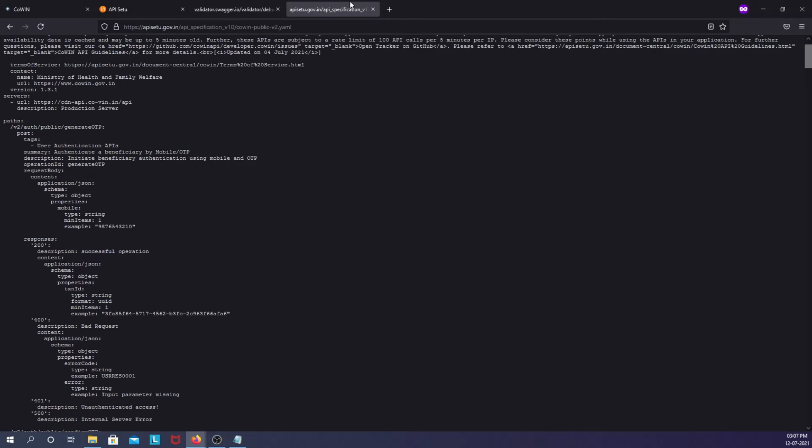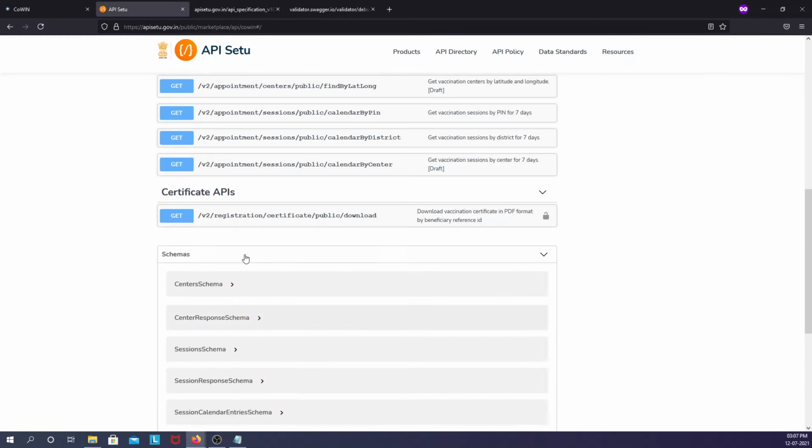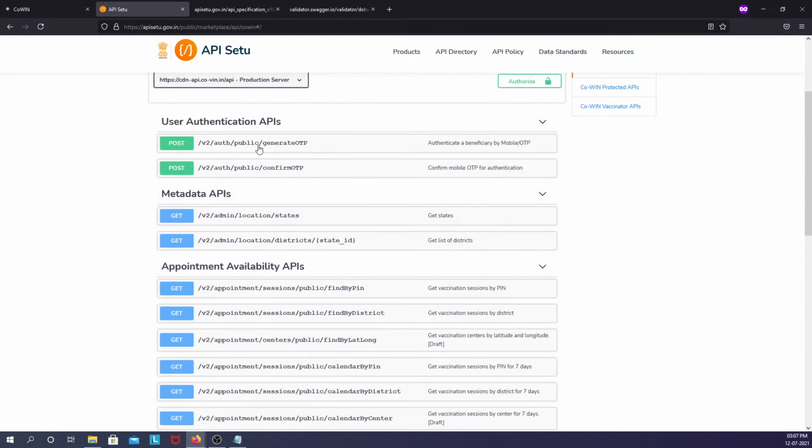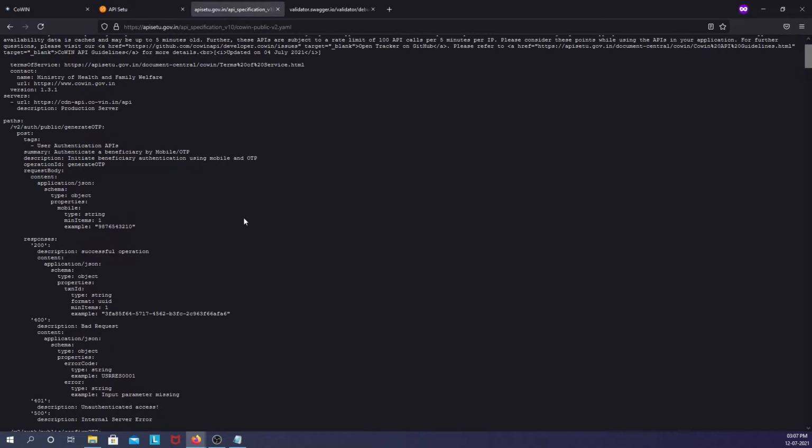This is equivalent to what we see here. This is something which we can understand as users. The same documentation in YAML format is this.